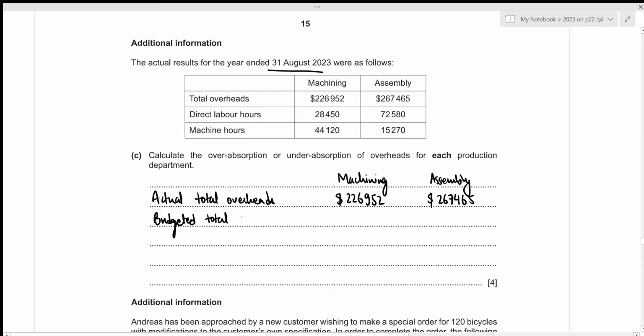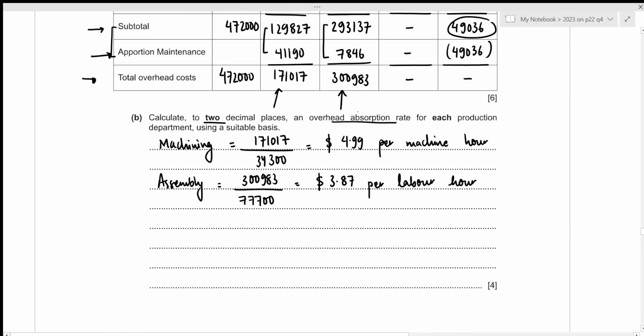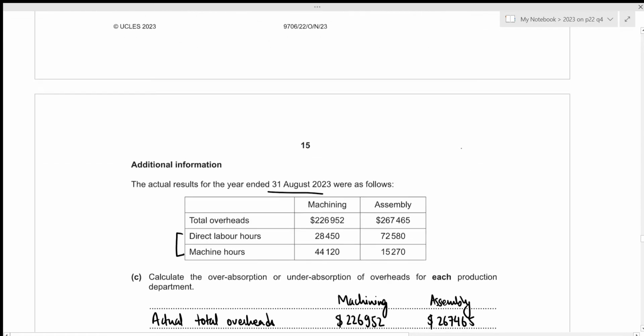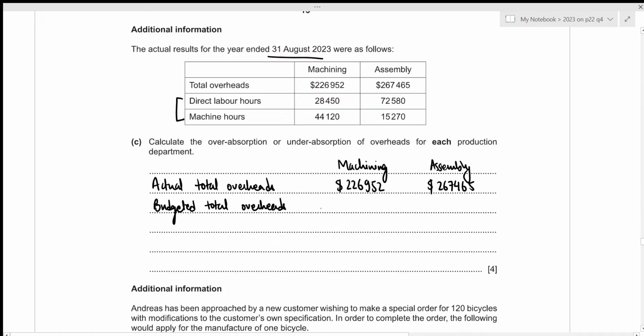And we cannot use the budgeted total overheads from the first part of this question. That is because in order to compare it, we have to have the same basis for comparison. And the same basis in this case will be either our direct labor hours or the machine hours. This is where we utilize our overhead absorption rate. So in order to calculate the budgeted total overheads, we just need to multiply the overhead absorption rate to its relevant actual hours. So if we're talking about our machining department, we have our overhead absorption rate to be 4.99 per machine hour. So what we do in order to figure out the budgeted total overhead is we multiply 4.99